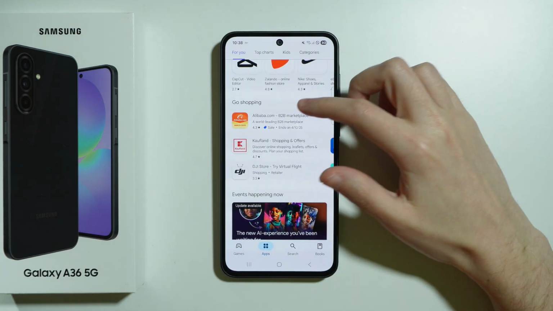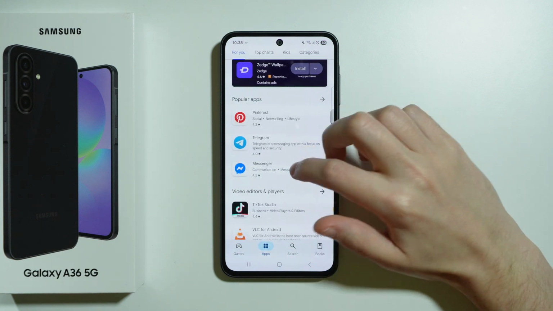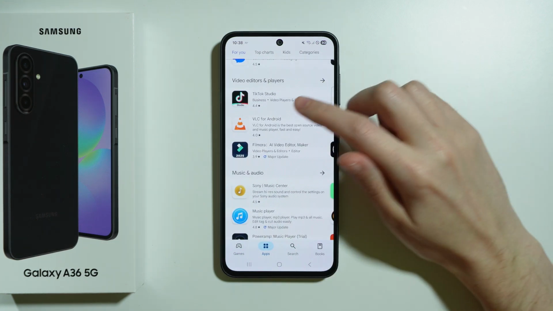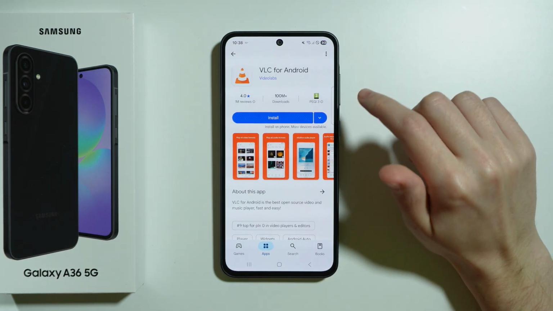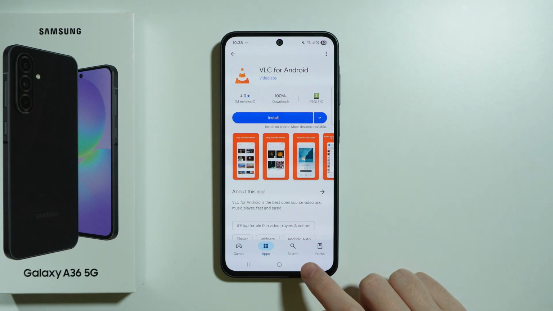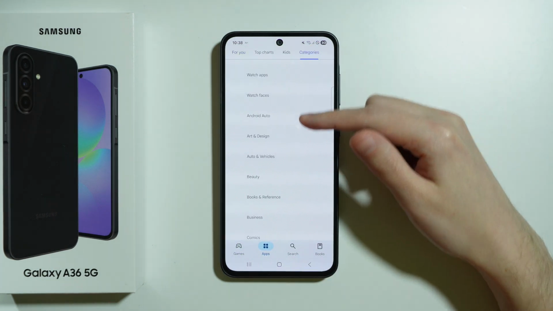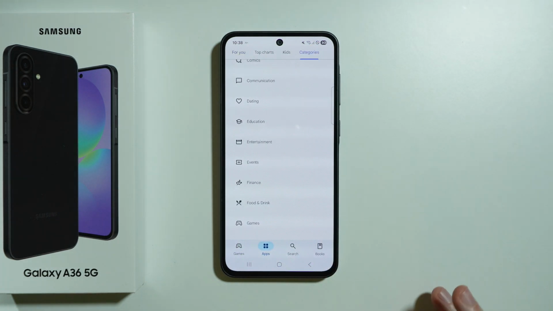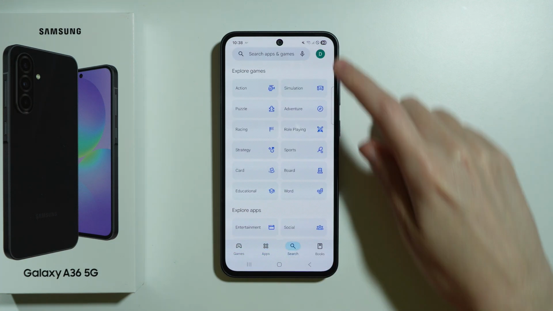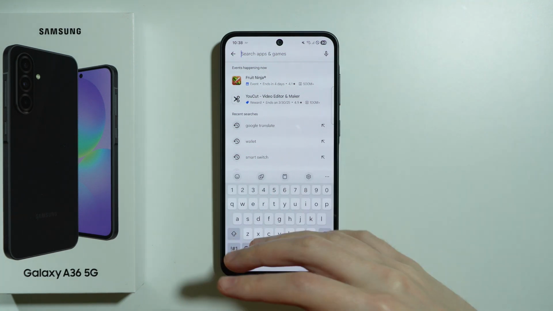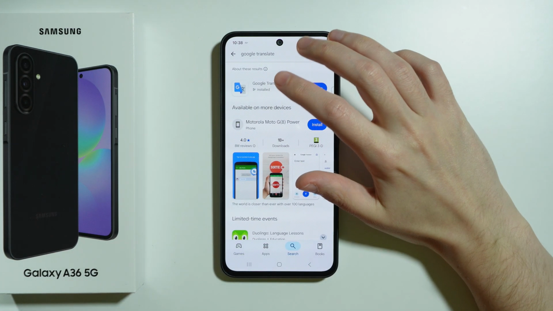but essentially you can go, for example, to apps and scroll through different categories over here, different options, and we can simply tap on the app that we wish to install and then press this install button. Of course, we can switch to categories in order to search for something more specific, and if you know what kind of app you want to download, you know the specific name of the app, then you can go to search, tap over here at the tab, enter the name of the app, and then you can find it like